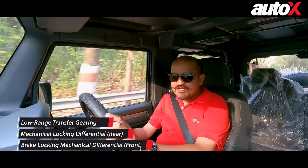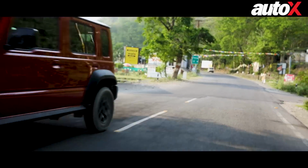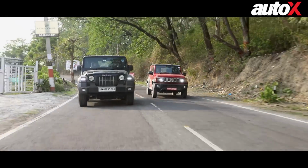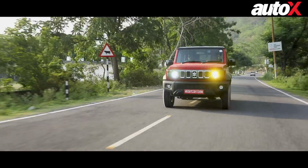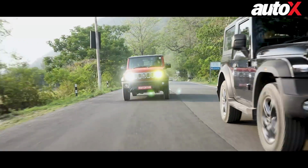And that's where the Jimny really exposes the weaknesses of the Thar. Now there's a direct rival to the Thar, and I have to say, when it comes to ride and handling, the Jimny has the Thar, well, licked, so to say. Also, I expect the Jimny to be substantially cheaper,